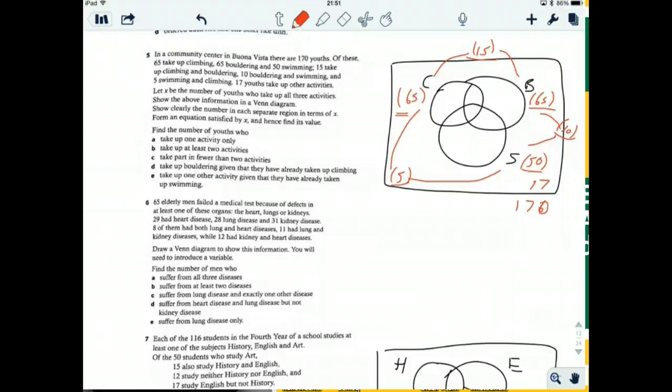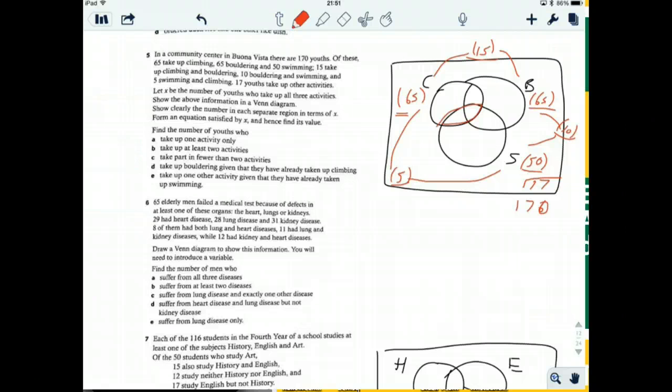We just know how many are in the total circle, or we know how many are in the total eye shape, but we don't know which side of the eye how many have. Okay? So that's why I wrote everything outside for now. 17 youths take up other activities. The 17 youths are the people that are not doing any of those, so they're outside the circles, but inside